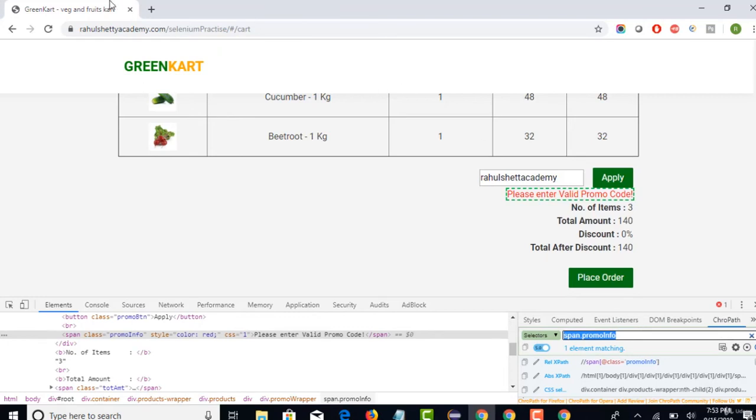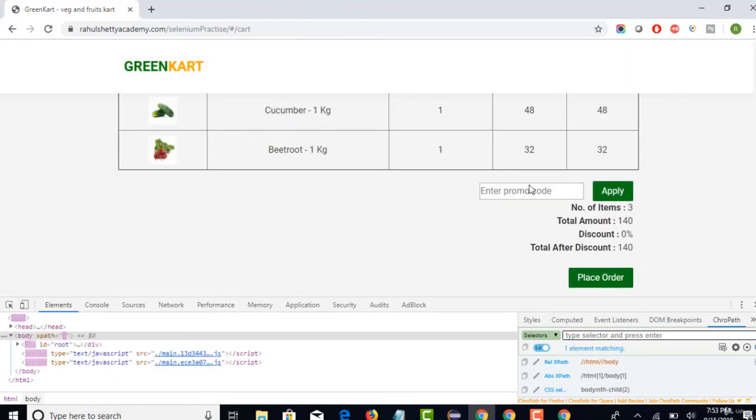So copy that and refresh. Now if you try to find that, you will not see it, because this HTML attribute is injected in this website only after you enter the coupon and apply. If the coupon is successfully applied, that text is displayed, right? That text is nothing but this HTML attribute. So right now this is not in the web page.